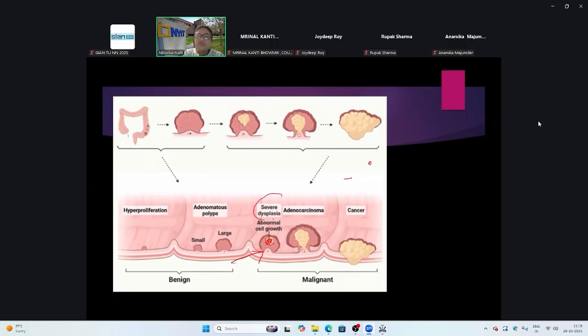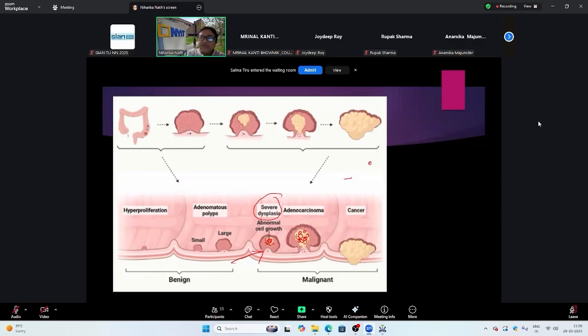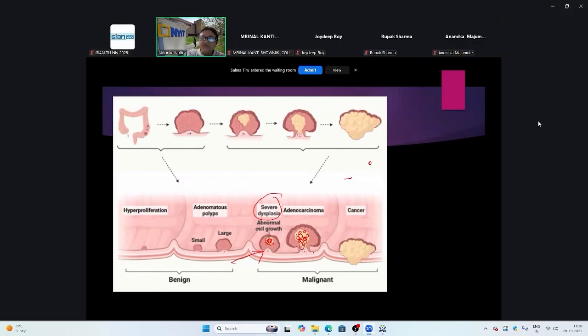And so now this is a severe dysplasia. Dysplasia means severe abnormality. During this time, it is also beginning to secrete things, and it is beginning to grow. So these are the cells now that survive better,